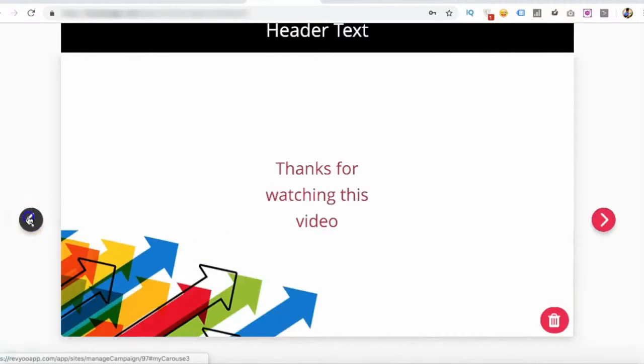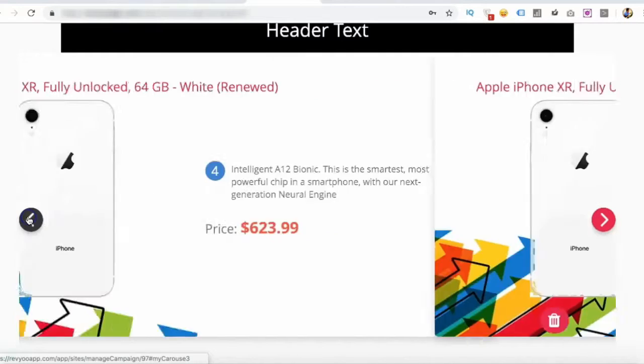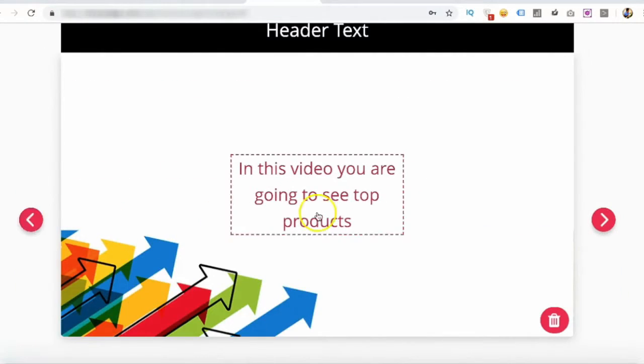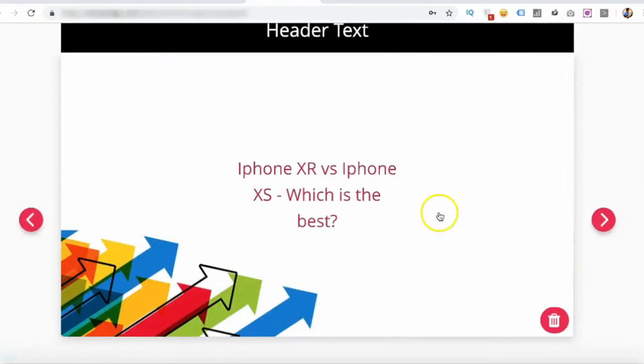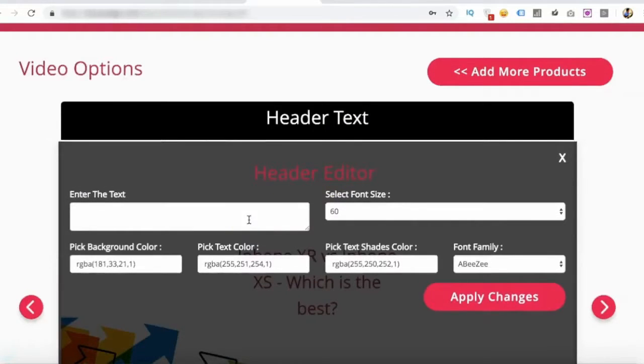This is pretty quick. Okay, now all the fields here are editable. For example, the main screen which says, in this video we're going to see top products. In this video you're going to see the, maybe you can just write iPhone XR versus iPhone XS, which is the best, and it's there. And again, if you want to add your website name here, you can add that as well. Find discounts and deals,